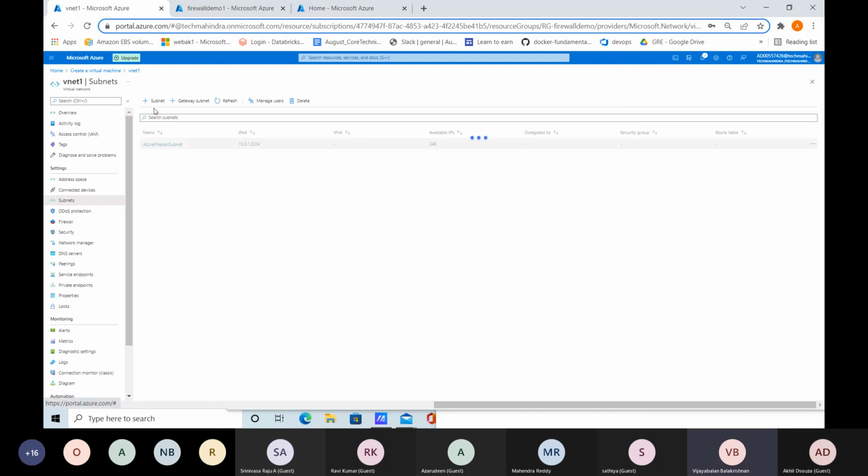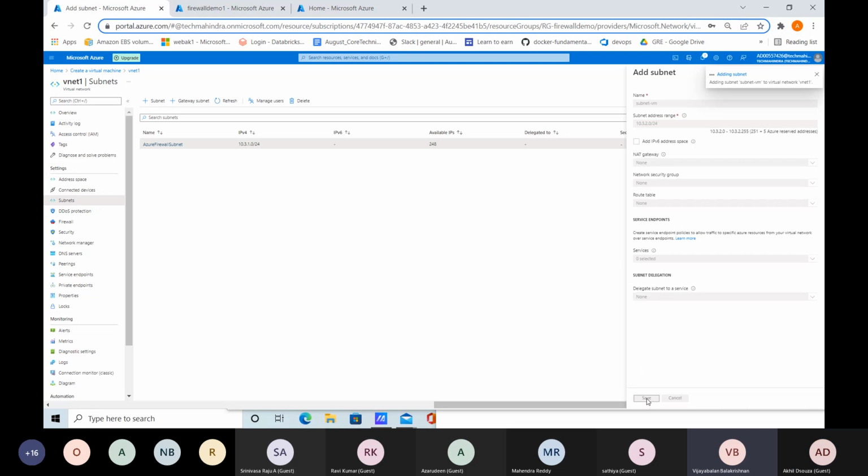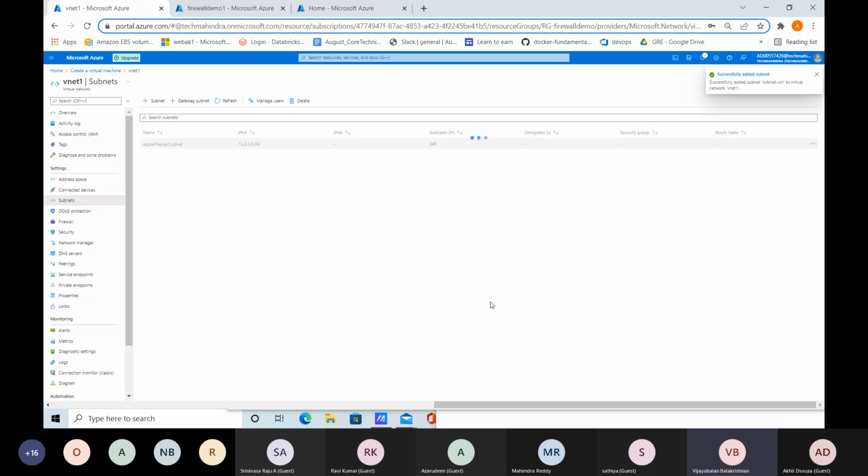So the firewall subnet, and you create another subnet for your actual host purpose. So these are all first you need to define properly, then you go for actual resource creation. Yeah, go with the default one, whatever it's taking. We are not trying to prove anything here. We are trying to see how we can use that firewall, whatever you are going to define. That is exactly what I'm trying to show everyone.